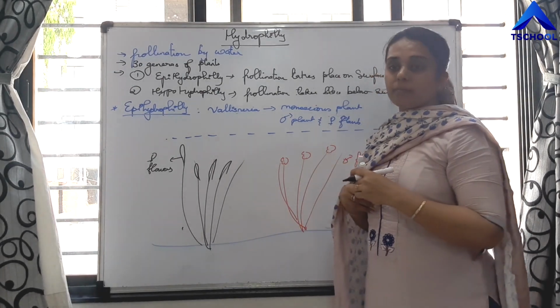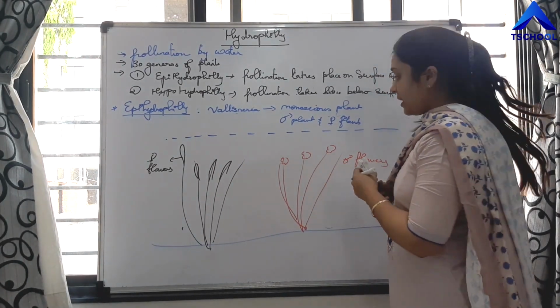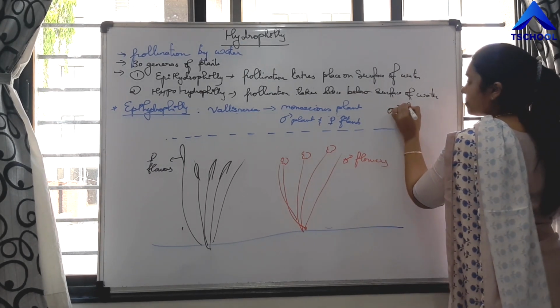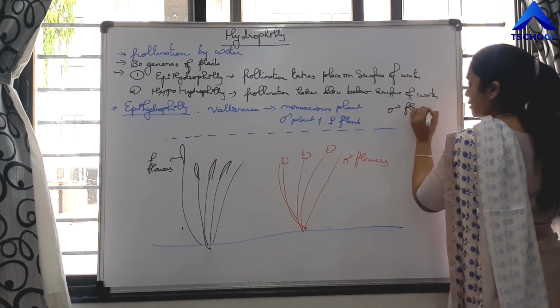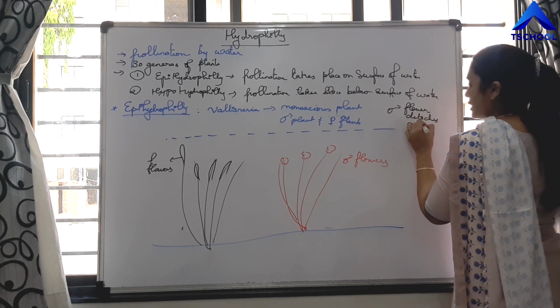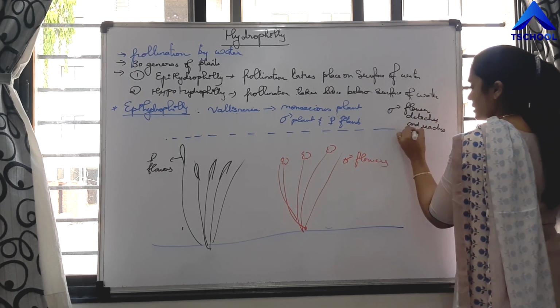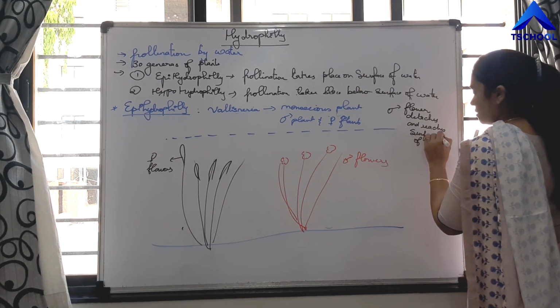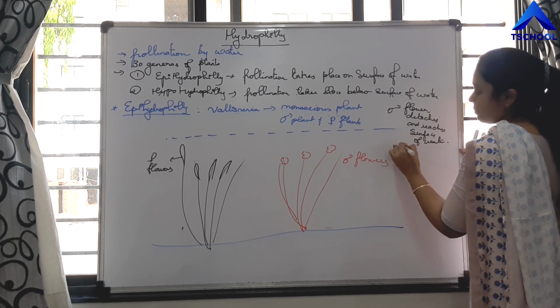Now what happens in Vallisneria, right? This male flower detaches and reaches the surface of water, and it is made up of